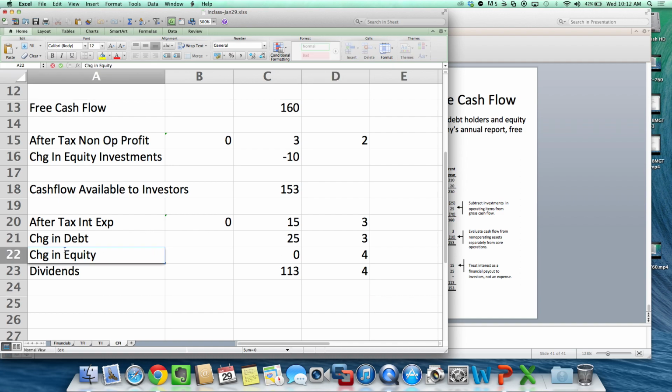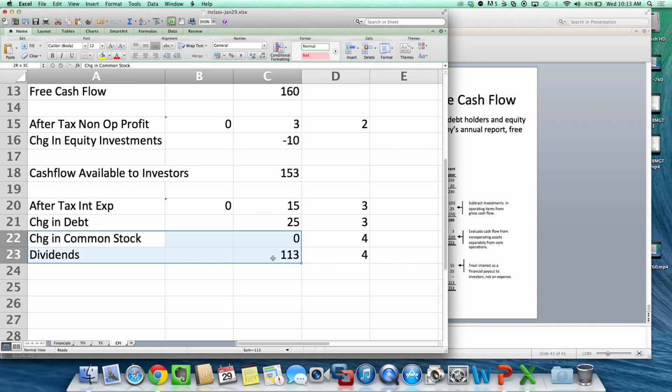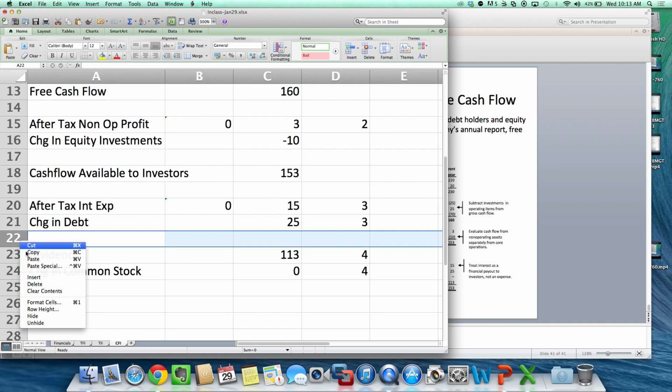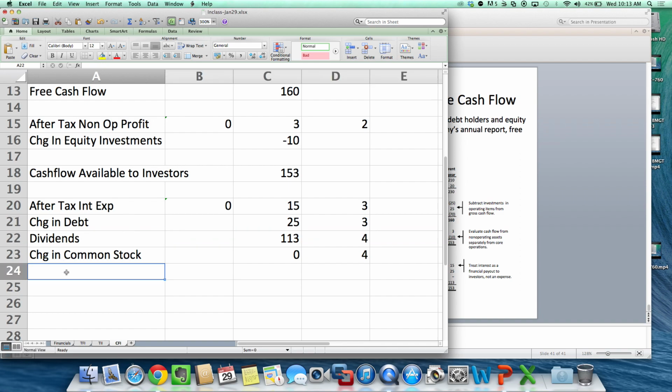This was change in common stock. So technically I would have done my dividends first. Income statement, then balance sheet. All right, so dividends, change in common stock. Dividends are a positive number because it's a payout. Then I have my change in retained earnings